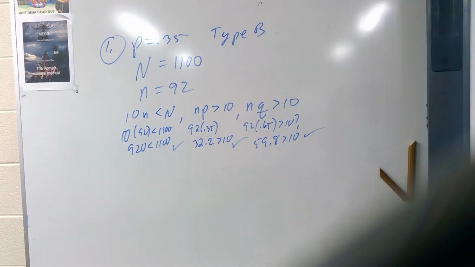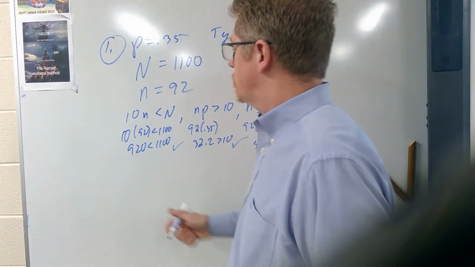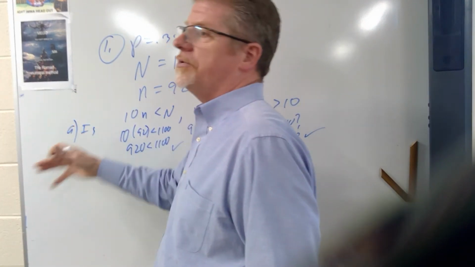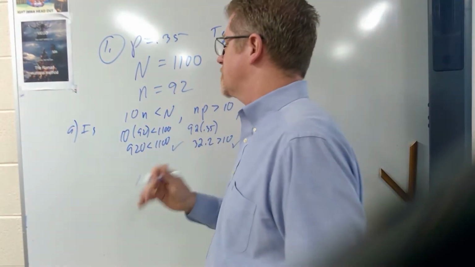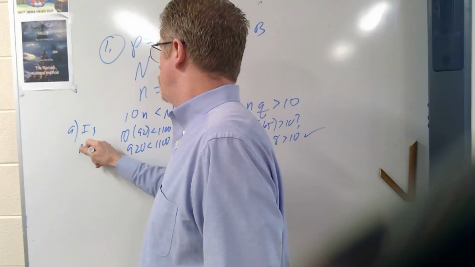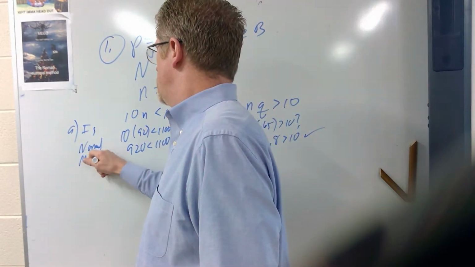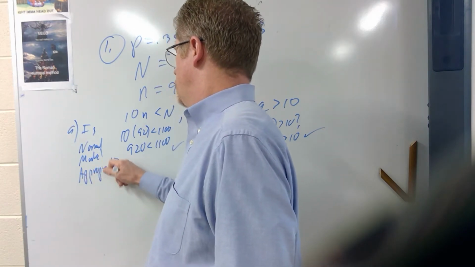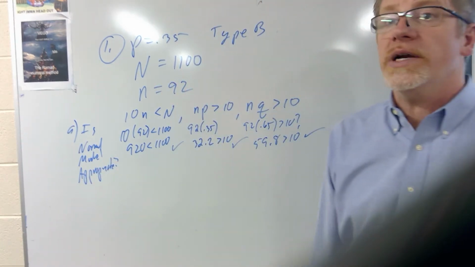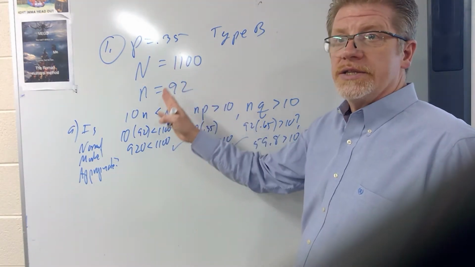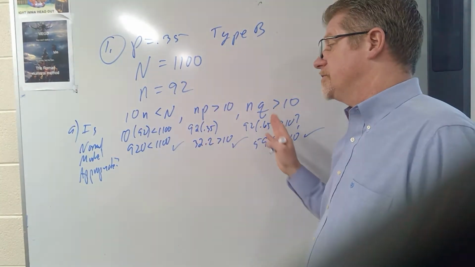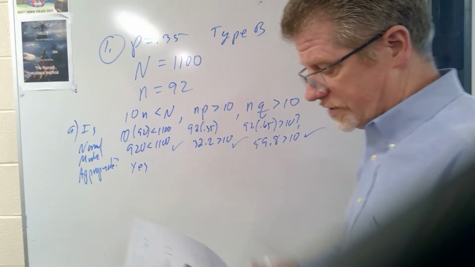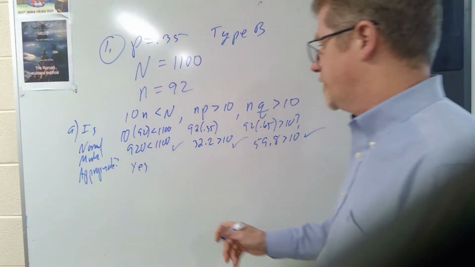Suppose the question for part A was, and you'll probably want to take a picture of this, so let's get the question up there: is a normal model appropriate? Well, to answer that question, we have to check the 10% condition and the success and failure conditions. So the answer is yes, because of that. So the next question is part B,